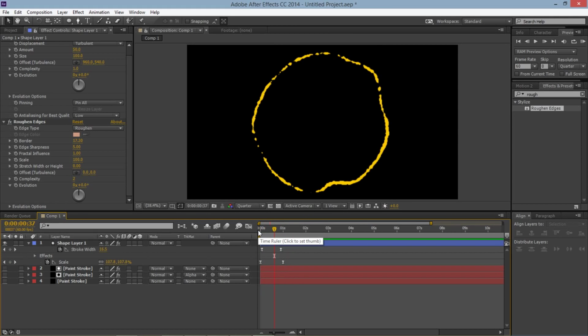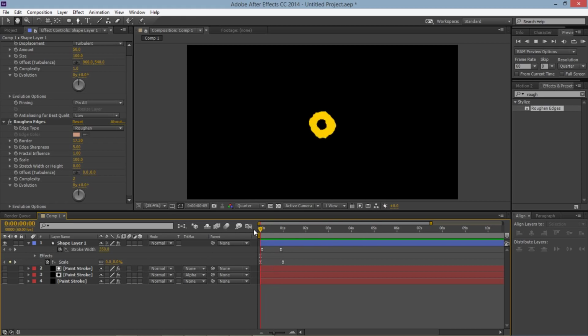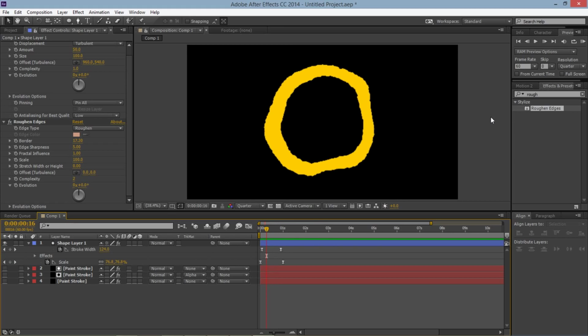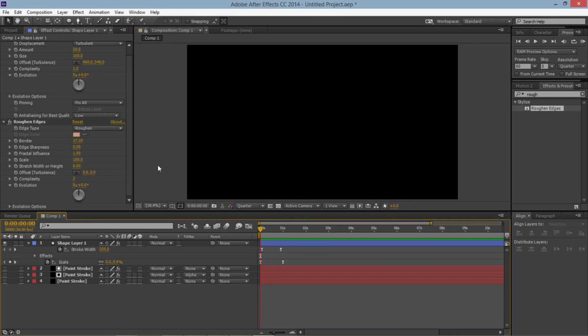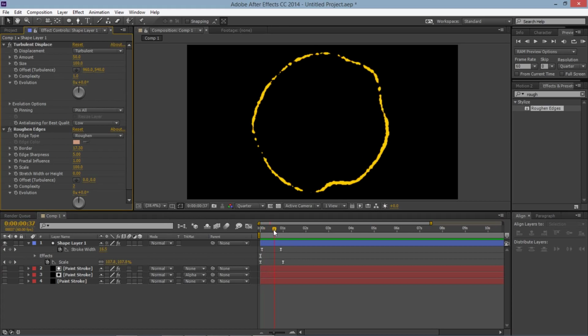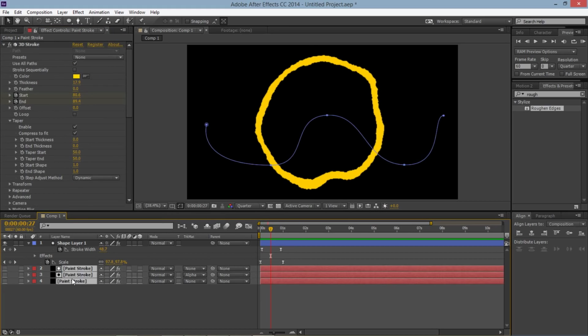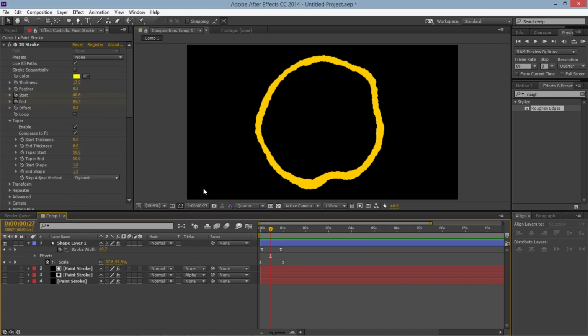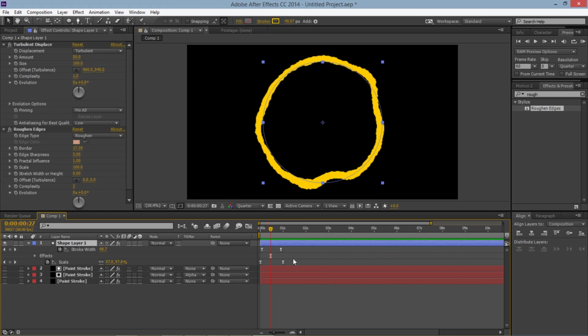Now, keep in mind that this can be applied to anything. This could be applied to other shape layers, anything pretty much. And the three main effects are probably turbulence, roughen edges, and 3D stroke if you want to just create simple lines. Now you can actually do the same, like duplicate it 3 times and make it look a bit more 3D for this one, but it won't look as good as the previous effect.